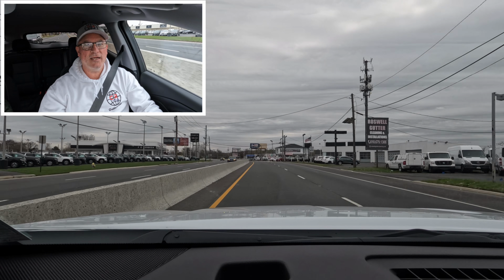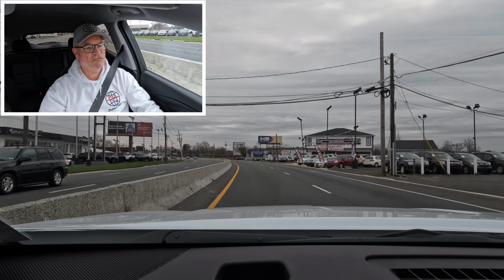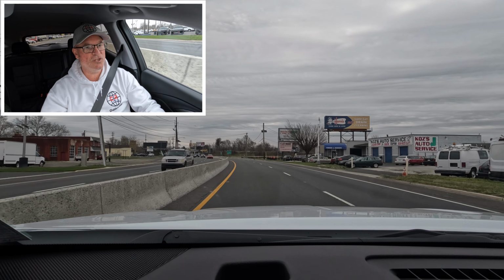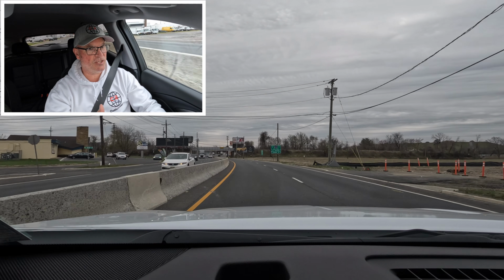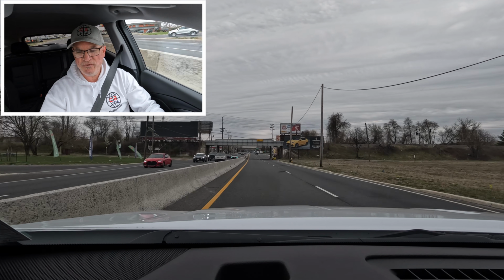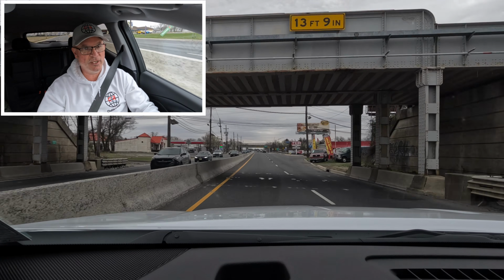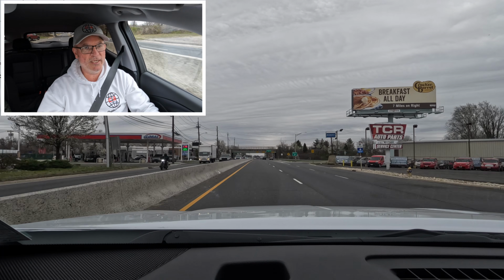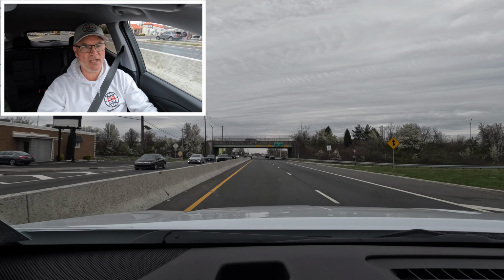All right, we're heading on down the road in this 24 Terrain SLE front wheel drive. So we got the base trim of the Terrain here in the Summit White, which I think is a really good color with the black interior, and on the exterior with the flat black accents. But it does bring some good value, and I've been impressed because we have your wireless CarPlay, Android Auto, you got USB-C, USB-A connectivity in here, dual climate, heated seats, you got USB connectivity for your rear seat passengers, and